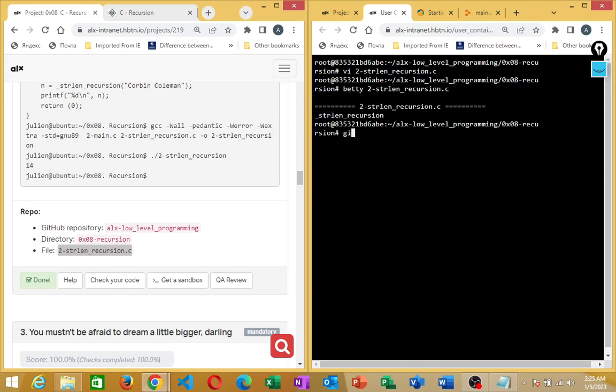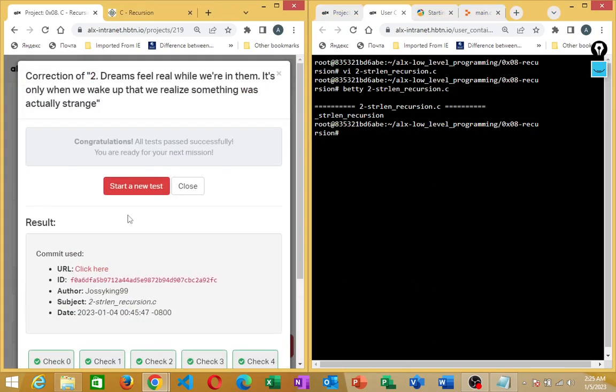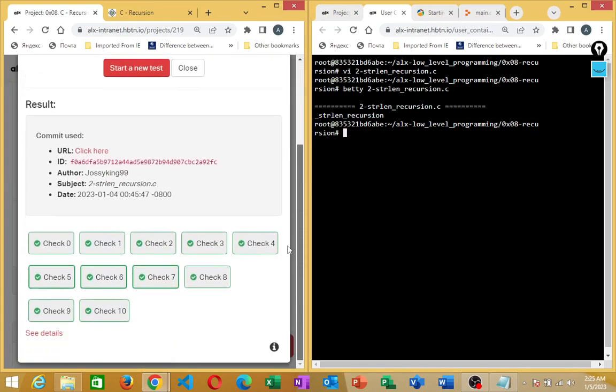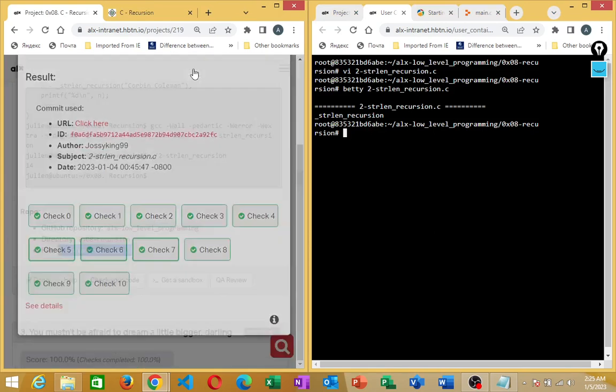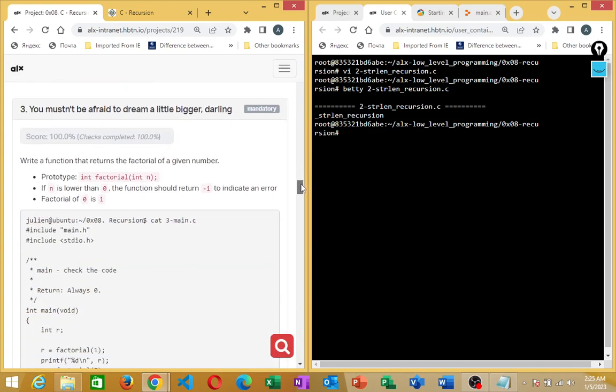So we are good to git add dot, you press enter. Then you do git commit, commit message, press enter. Then after that, you can do your git push, you press enter. If you do that successfully, you can go ahead to check the code. So if I run this check, you see it's all tick green. That means we are correct. So I move to the next one,